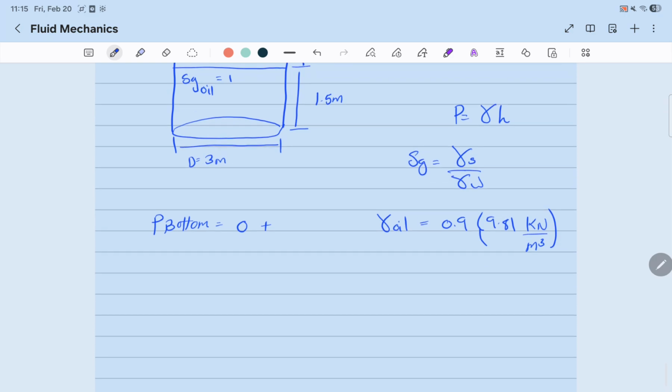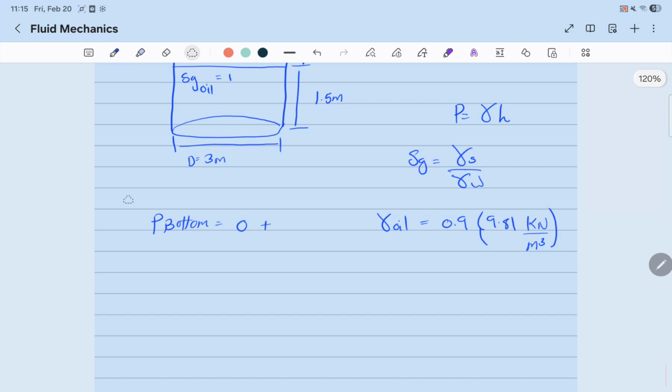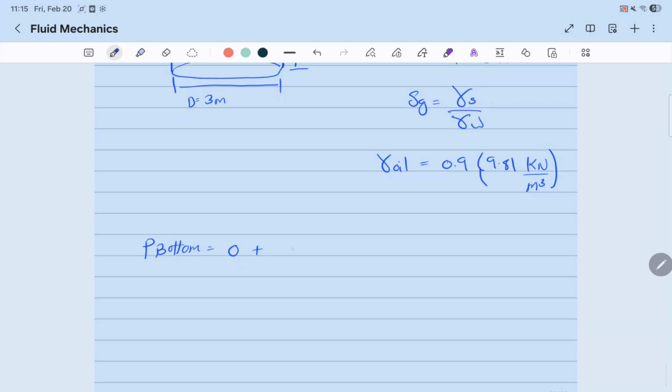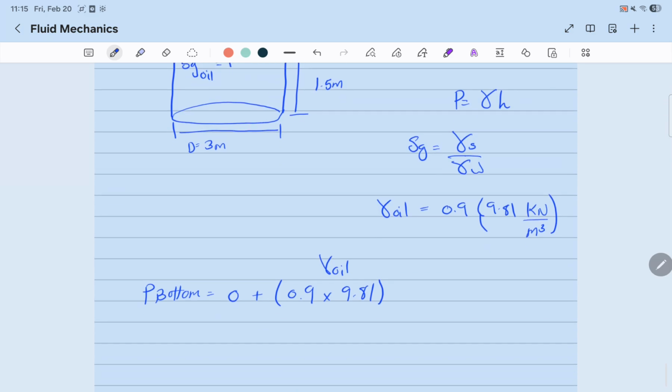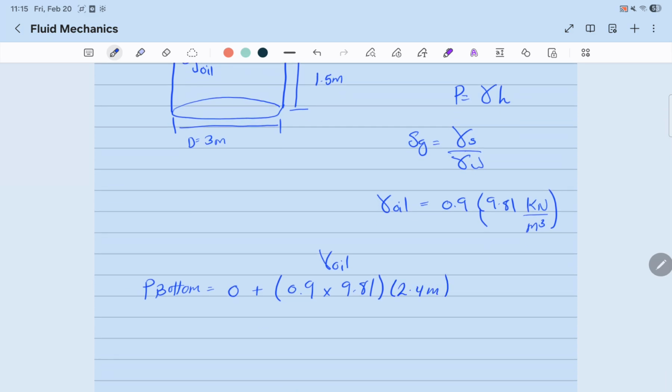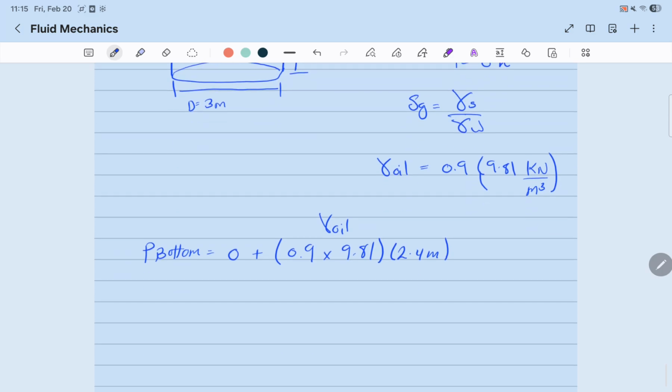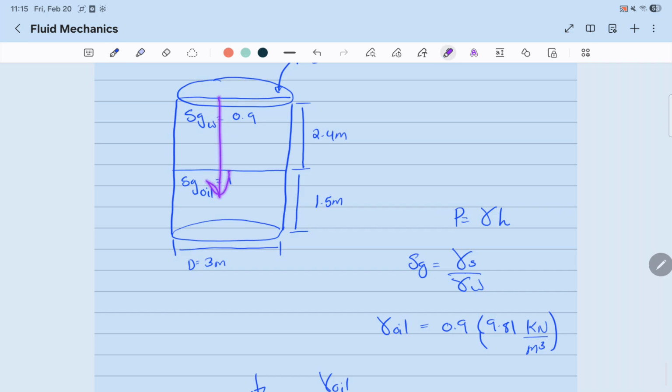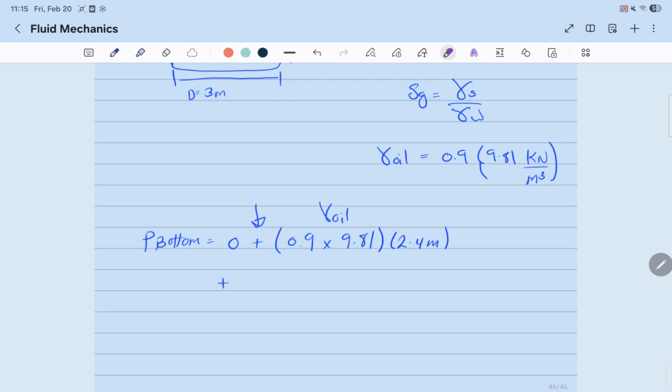Now we can start solving. So pressure at the bottom equals 0.9 times 9.81, that's the specific weight of oil, times the height, which is 2.4 meters, plus, and the reason we're adding is because pressure increases as we go down, whereas pressure decreases as we go up. Therefore, plus